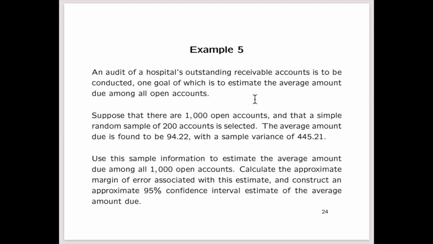And so what they want to do is select a simple random sample of these accounts